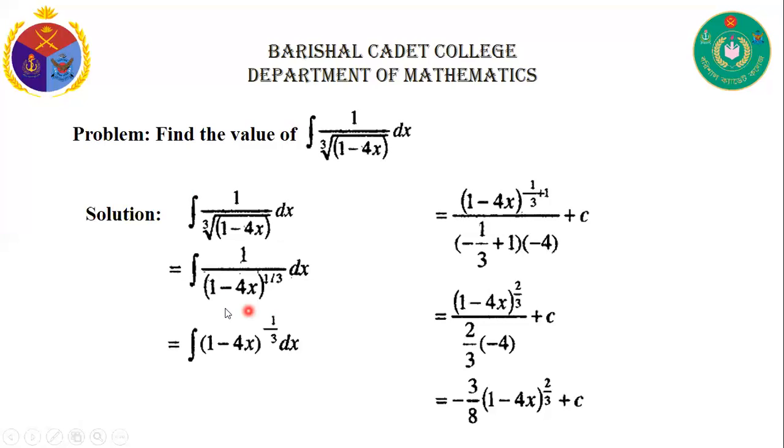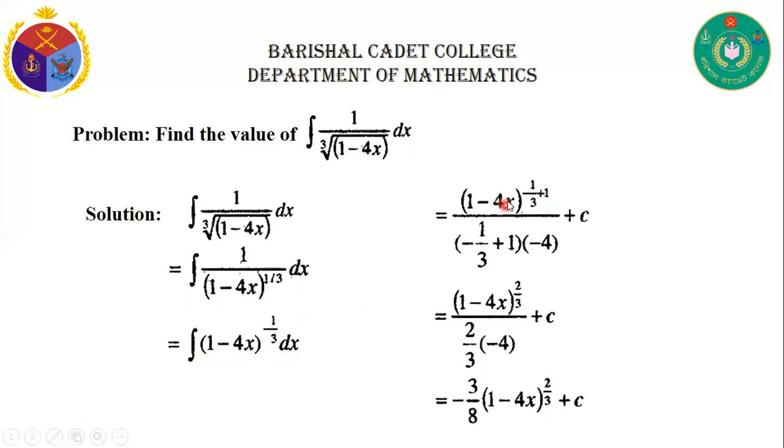Again here you can see we have the formula, that is f of x to the power n into f prime x dx equal to f of x to the power n plus 1 divided by n plus 1. So here we don't have any f prime x. So 1 minus 4x, the differentiation of 1 minus 4x is minus 4. Boys, you know, here 1 minus 4 should come. So if there is no x, that is only a numerical value, that's why you can also write it in a similar way,